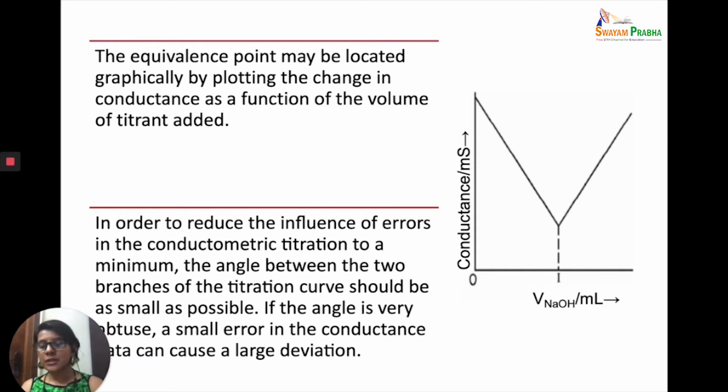But in conductometric titrations you have to use a conductivity cell, and the opening of the neck of the conical flask is very, very small. If you put the conductivity cell in, you cannot set up the burette just above the opening of the conical flask. So to avoid this, you use a beaker. Whether you use a 100 ml beaker or a 250 ml beaker, the volume in the beaker will obviously be larger than in the conical flask.